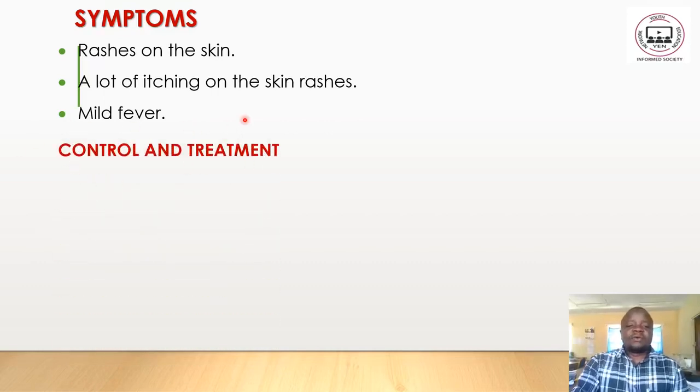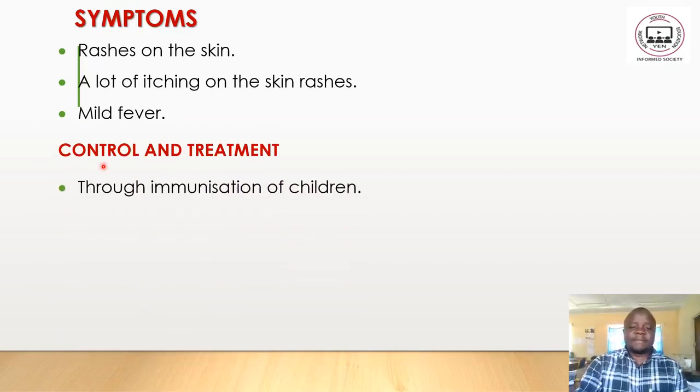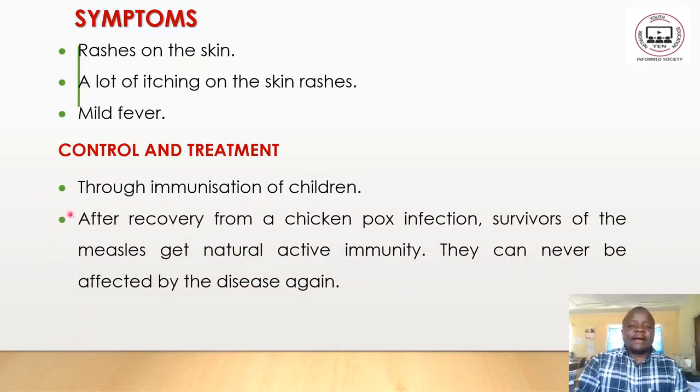How can we control chicken pox? Control and treatment is through immunization of children. After recovery from chicken pox infection, survivors get natural active immunity. They can never be affected by the disease again. So a person can also acquire natural